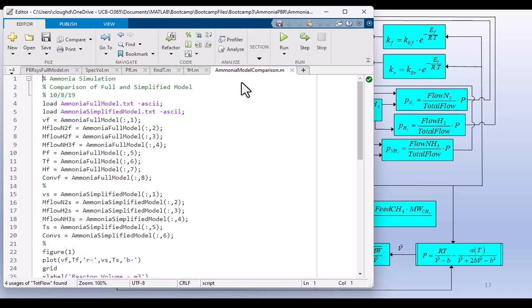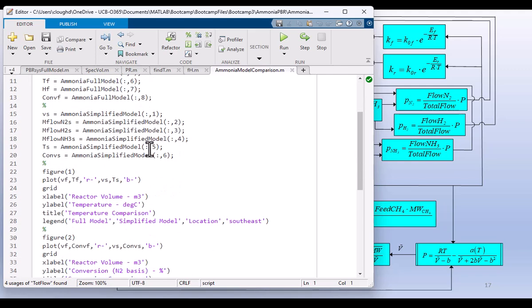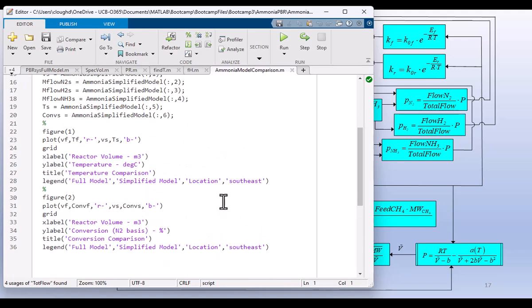And here what we do is we load our results from the full model and from the simplified model that we saved from before. And we create some handy variables for the full model using a lowercase f here, and then similar variables for the simplified model, again using variable names with lowercase s. And then we can create a couple of plots that illustrate for us the comparison between our two models. So if we run that,